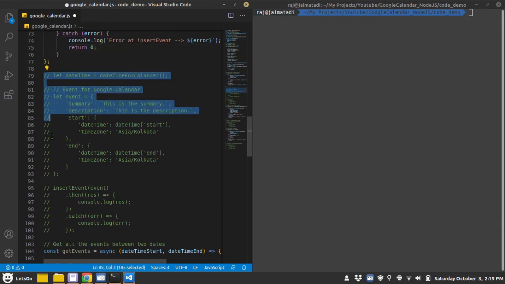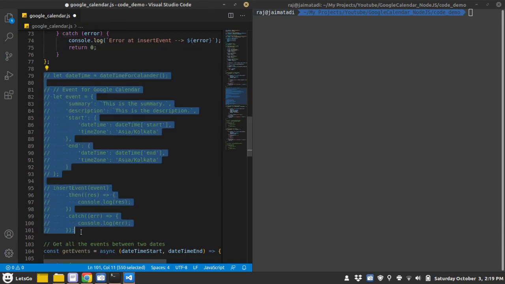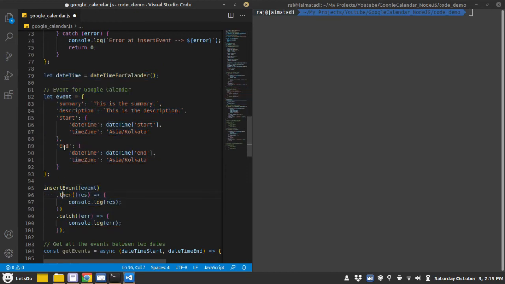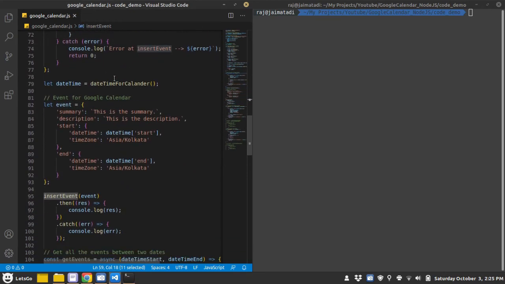For that we will need this date time calendar. As I showed you, it creates a start date and end date, and there is a 1 hour gap between the start and end.